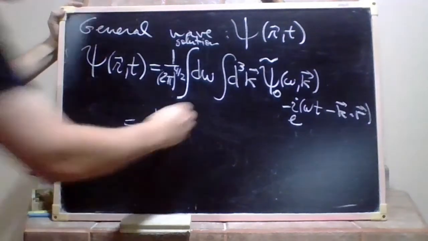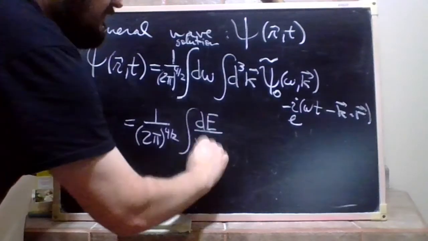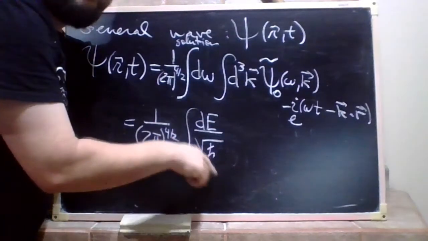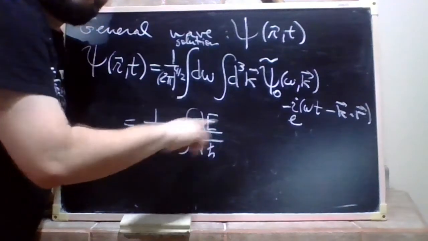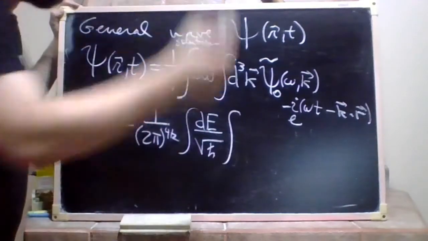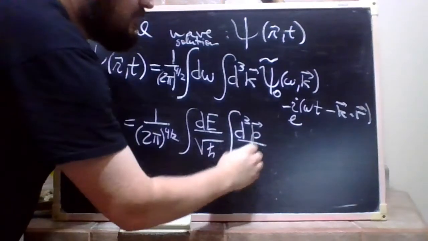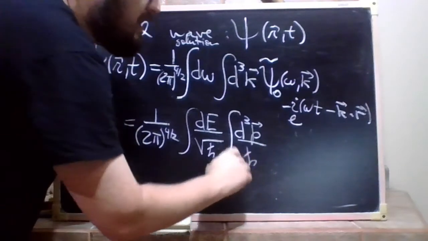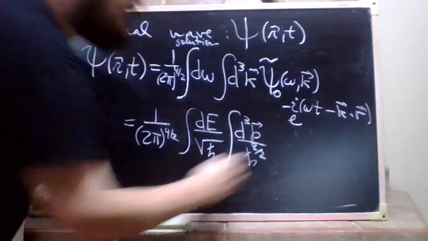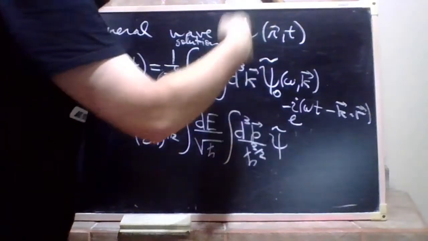Okay, you can normalize it properly. The integral of d omega, you can put it here, divided by the square root of h bar for the energy, and the other square root of h bar you can plug in the inverse Fourier transform, but that's just the normalization. You can do it in other fashions. It doesn't matter too much. You integrate over momentum. Here you will find an h bar square root elevated to the third power, so 3/2 here, and you have plane waves. I put a tilde here. Just remember, these are